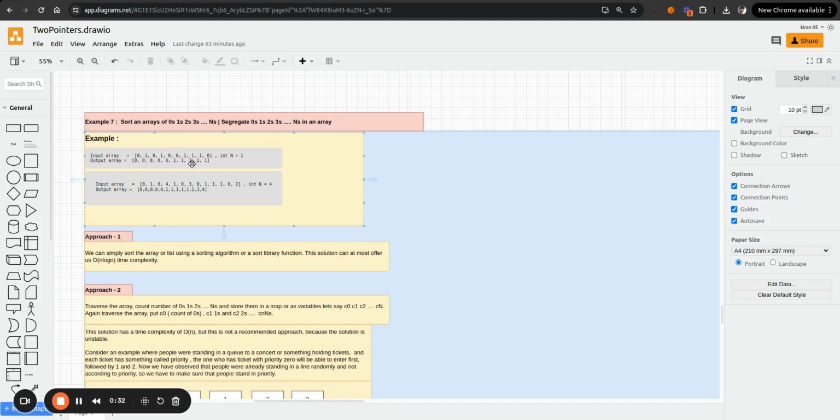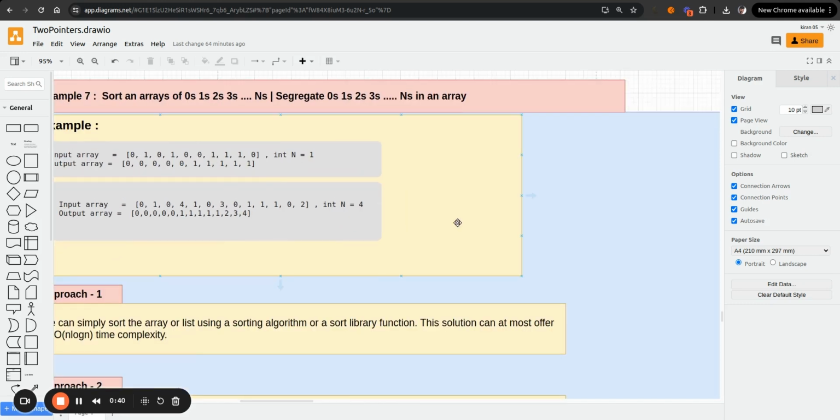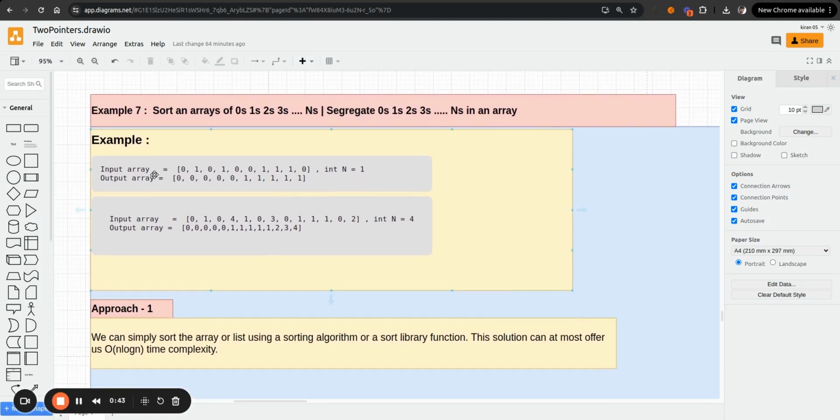These values will be placed in the given array in random order. So the output of our algorithm should sort this given array. For example, in the first example we have an array